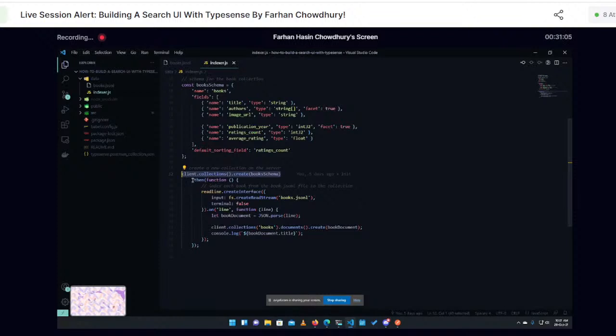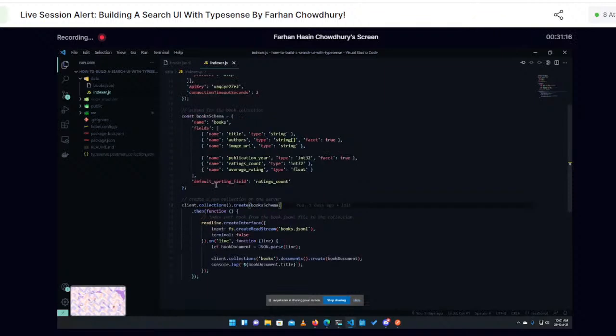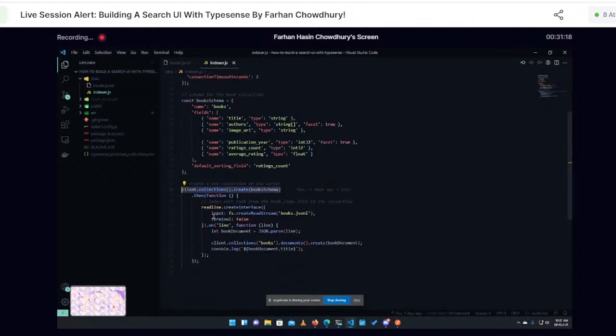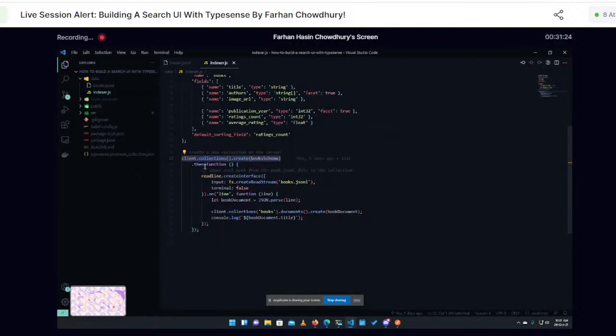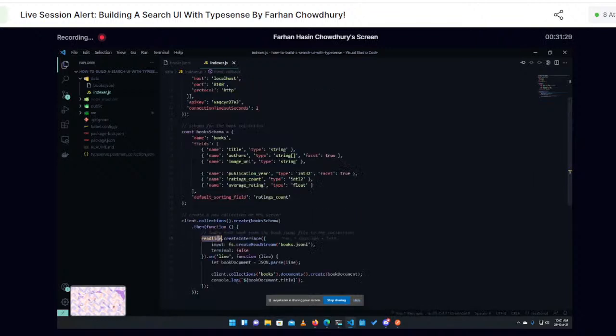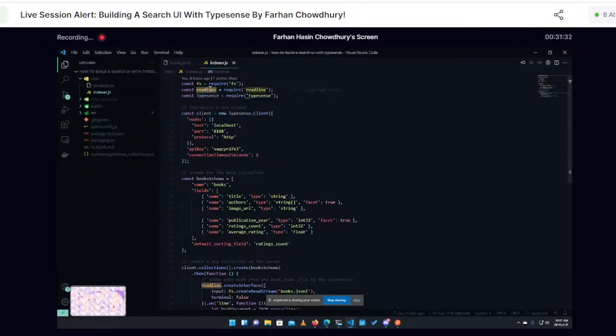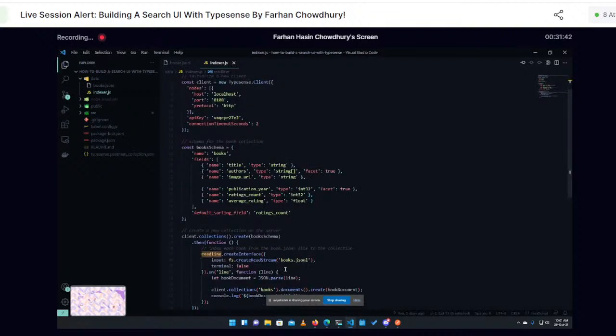This is an asynchronous function. It returns a promise, so we can chain a then call after that. Once this script has created a collection, we are ready to insert our data. Inside the callback for the then function, we will use something called readline. Readline is one of the built-in modules of Node.js. If you are experienced in Node.js, you may have already worked with readline. What it lets you do is